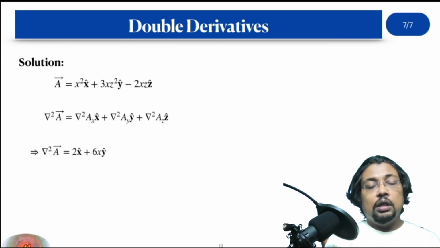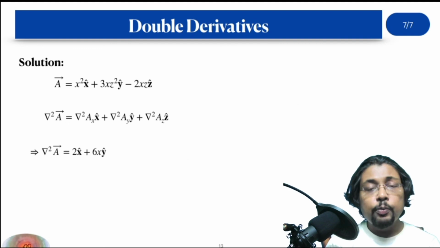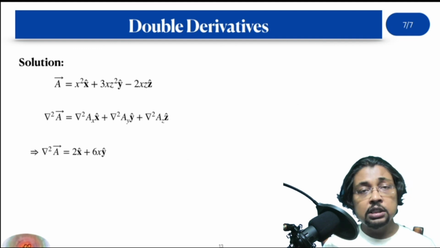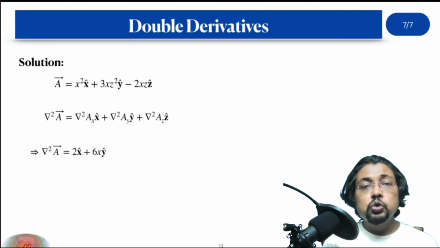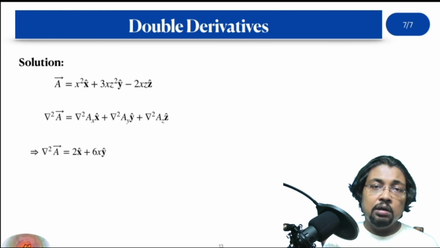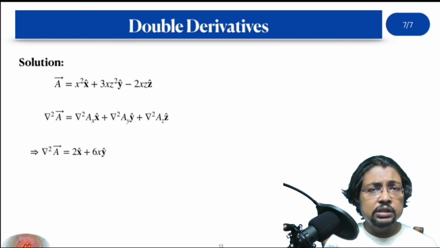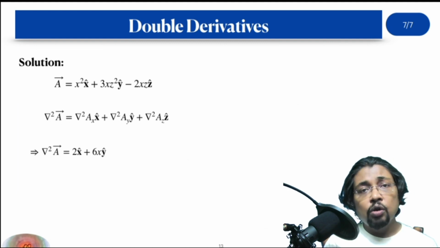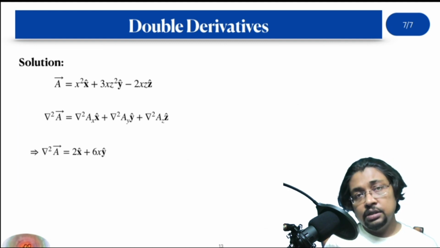So this is all for today. I hope you have understood the derivative rules and the double derivatives. I am going to apply these rules when I deal with electromagnetism. Although not all of those rules are necessary, the curl of curl of A is of greater interest and we will use it.